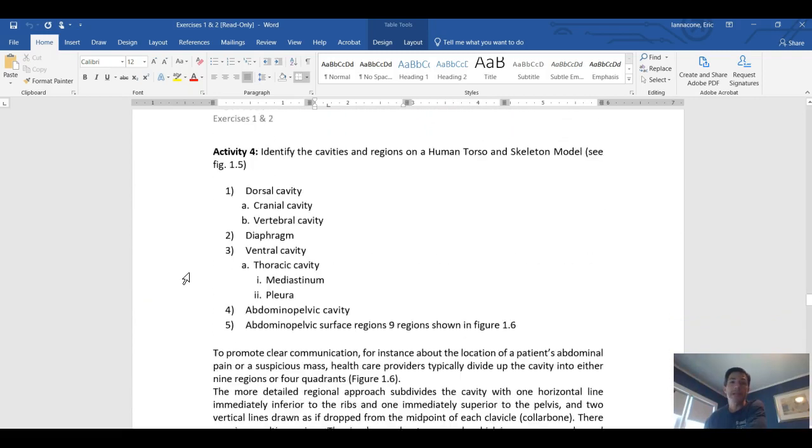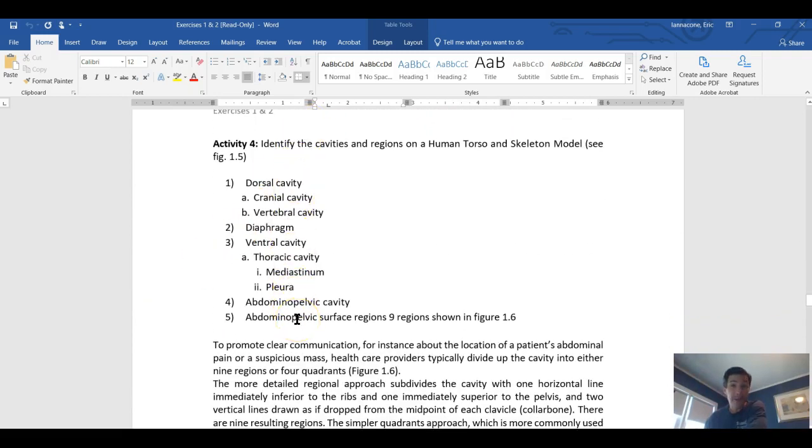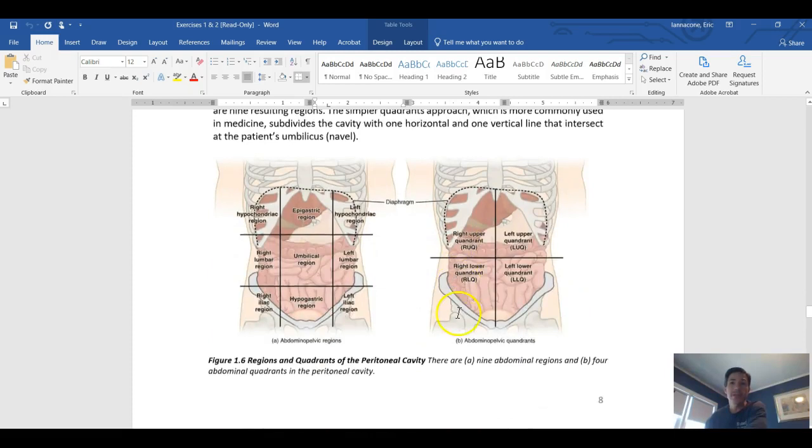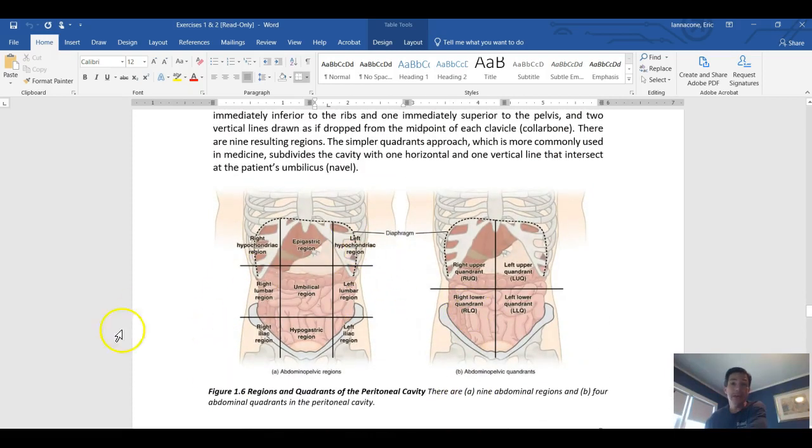Let's see. Yeah, so these are the cavities that you need to know, as well as the abdominal pelvic regions, which is here. And this is where I should point out, and I probably should have pointed out earlier, whenever we are looking at pictures of people or anatomical figures, we're assuming 1, the person is in the anatomical position, and 2, the